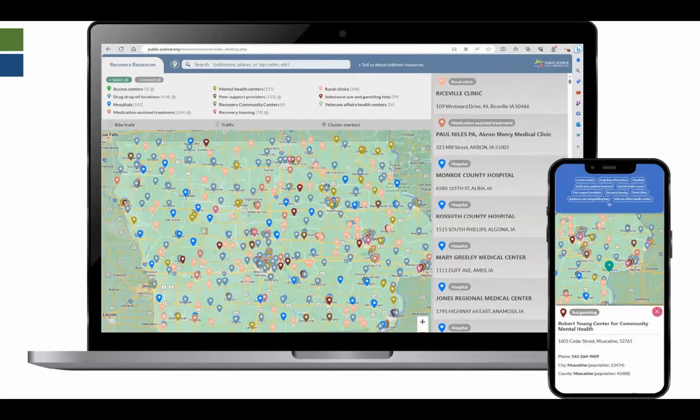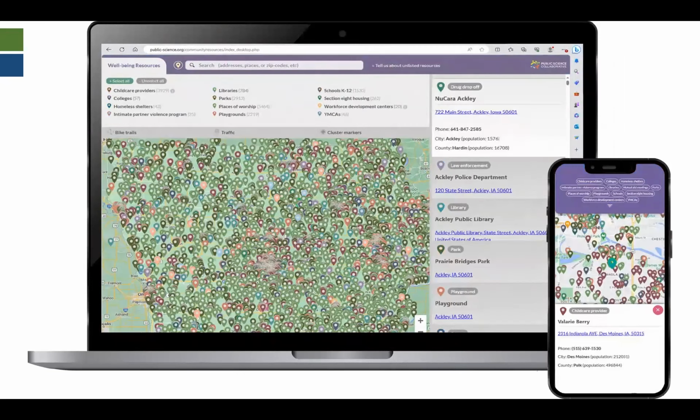That's because all of the resources are selected, but you can select one or two, and you can see at the top, you can go there, put in a search button and say, I only want to look at AIMS, and I only want to look at recovery housing options in my area. And then it will find those and provide you information on the side. The same thing for the general well-being resources, whether that's homeless shelters, intimate partner violence programs, Section 8 housing, YMCAs, playgrounds, the things people want to connect to support their health. You can find that on the tool.